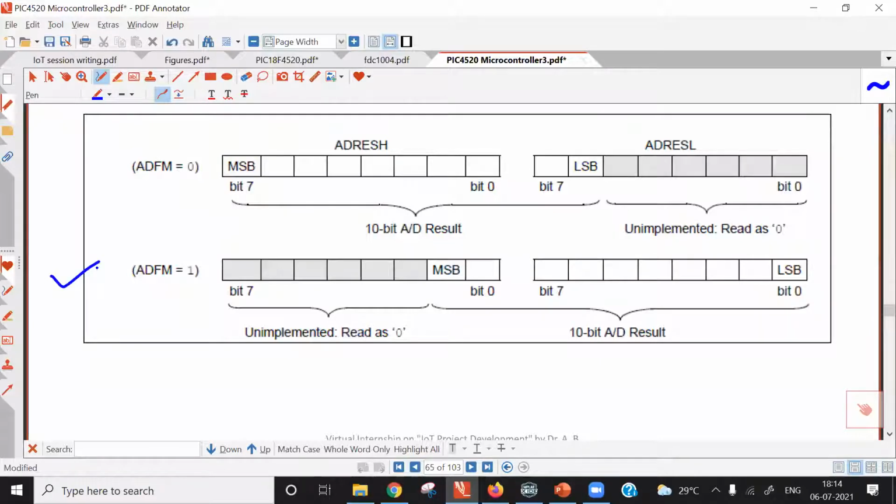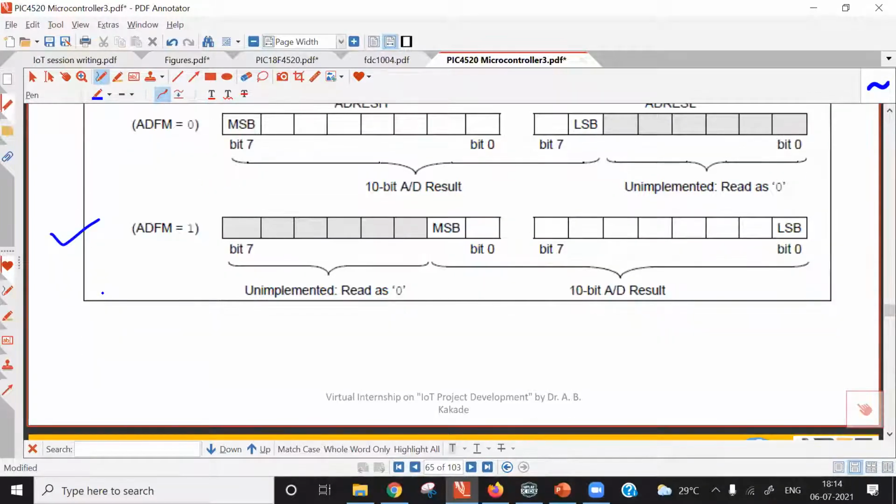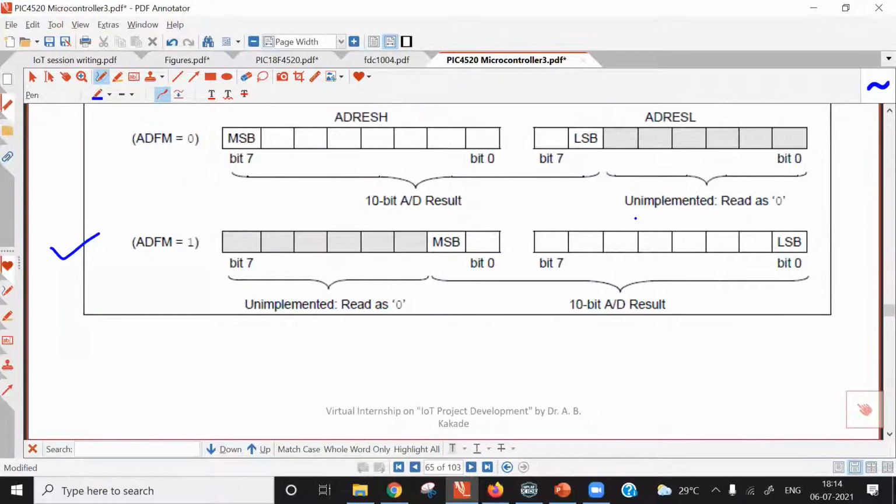This format we have selected. In right justified format, our lower 8 bits are saved in the AD result low byte register. And the upper 2 bits of the result are saved in the last two positions of the AD result high byte register.